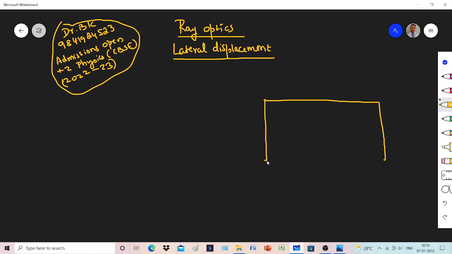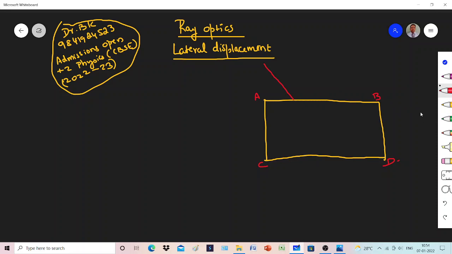So a ray is incident on this glass slab. We call this glass slab ABCD, and then we allow a ray incident on this face,